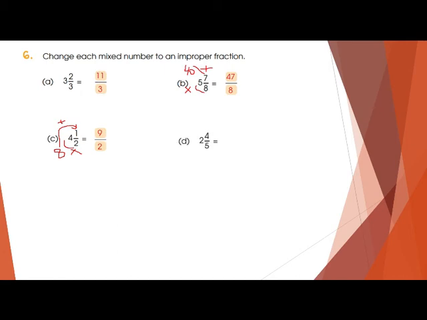Similarly in the D part, what we will do, 2 whole 4 upon 5. So how you can convert into an improper fraction? Simply multiply this one. 2 5s are 10. So I'm writing in the rough 10. So what you have to do next? You have to 10 plus 4, you will get the 14. 14 upon 5 is the answer. I hope this is the easiest way. All the problems are cleared now.